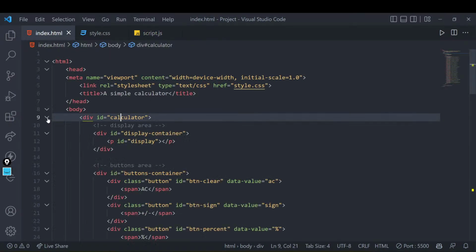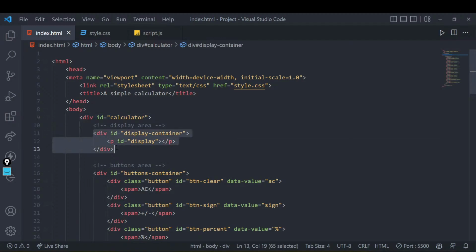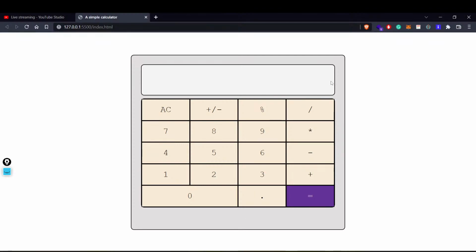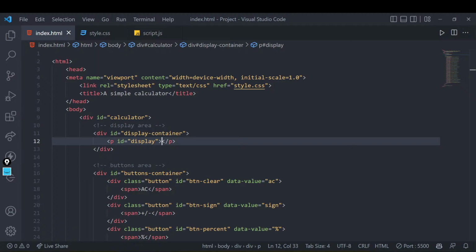Now you can also see that we have a subsection inside it, called the display container. It contains nothing but a simple area that is plain at this moment, because we have not written anything on our page right now, and we don't want to write anything until the user clicks on a button, right? Some of you might be asking, if you have created a division, why is there a need to create this paragraph, and why give it an ID of display? All these things might come to your mind.